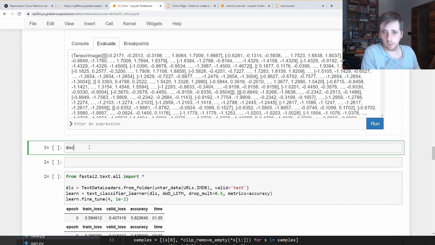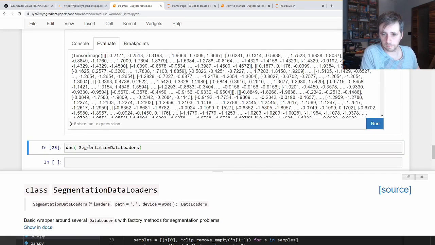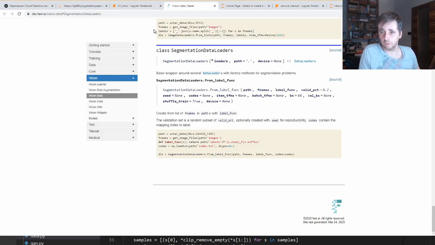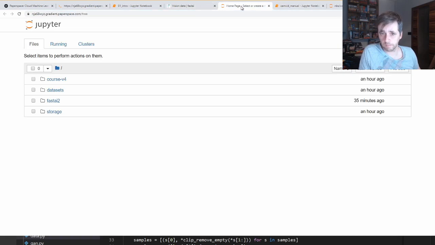So I can call the doc function on it, which brings me to the documentation here, and also the show in docs link, which I will click. So this shows me segmentation data loaders on the dev fastai website. There's not that much here for this particular class, but what's important, if I look at the URL at the top, it shows me this comes from vision.data, and now if I have the fastai repository checked out, which I do,